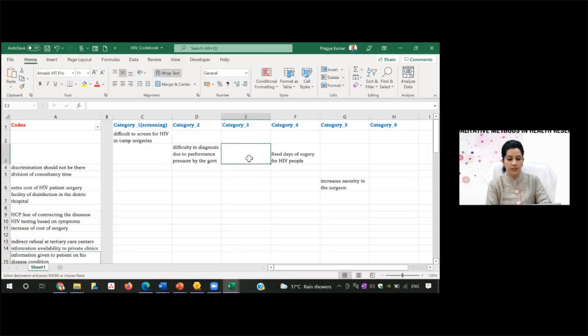At the end of this exercise, you will have categories. You can have some prior name of that category or a similar looking thing. You can put it into the one category and then you can rename it later also.